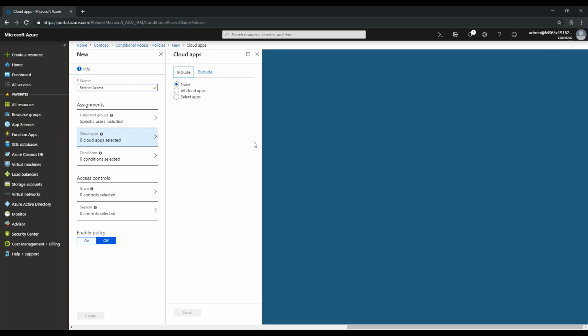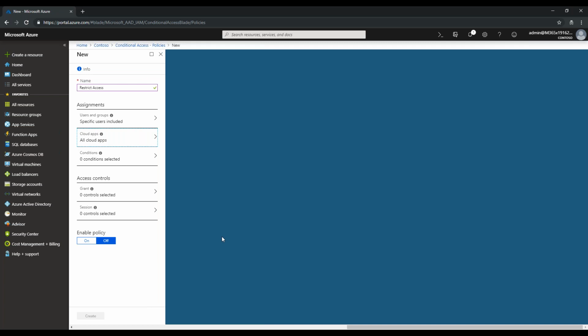You can create multiple policies. The policies are of two types. One, you allow the access. Second, you block the access. As a best practice in a production scenario, you block the access to everything and only allow the access to the apps and to the environment which you want to allow. So in here, I will configure this particular policy pertaining to all the cloud apps, because this is going to be a deny policy. That is, I'm going to deny the access based on certain conditions.